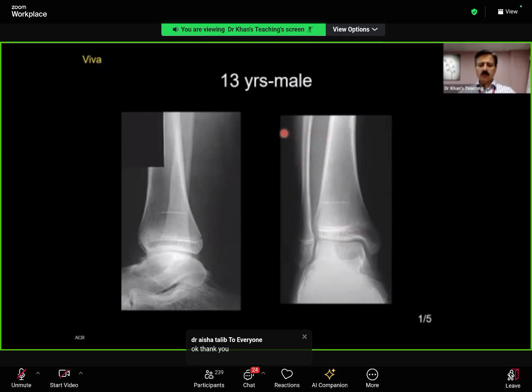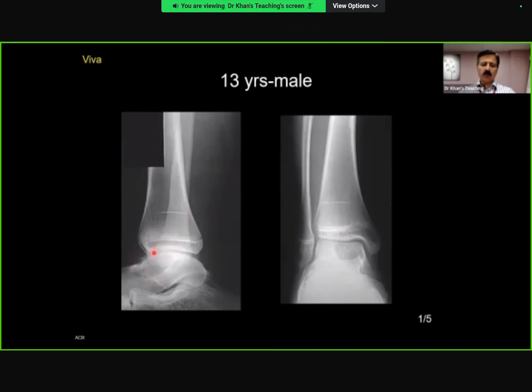Over to you. This film is poor quality. I will show you a bigger version. Just concentrate on this one, and then I'll show you a lateral, which will be better. So it's an AP and lateral